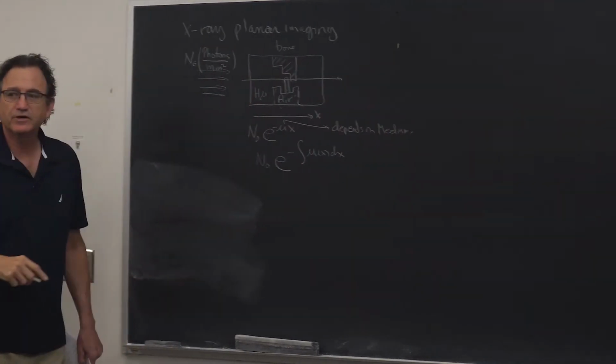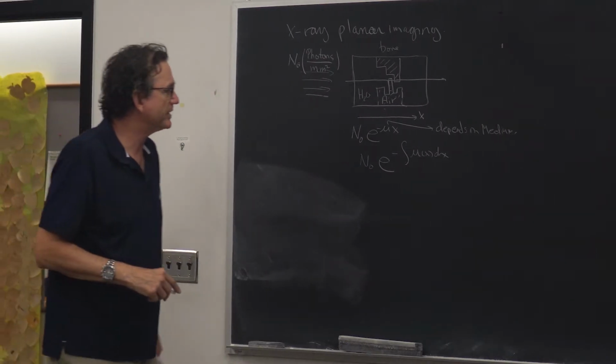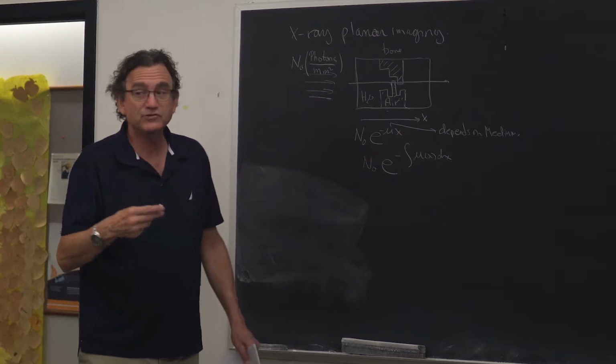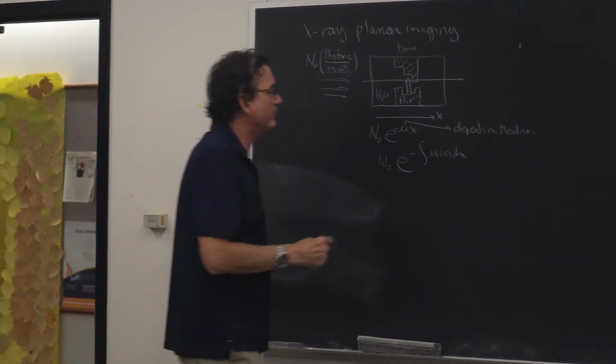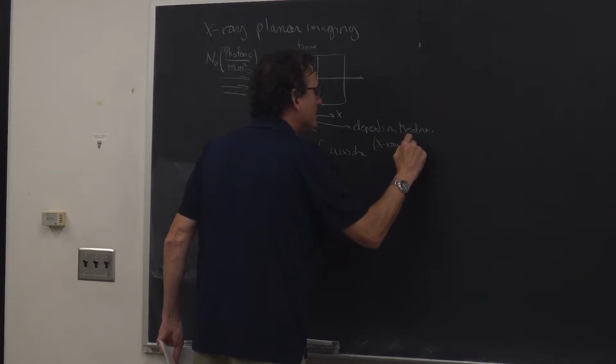Bone, for example, has a very high mu value. Air has a very low mu value. Water has one in between. But it's also interesting that it doesn't depend just on the medium. It also depends on the beam energy, the X-ray energy. And we've seen this because